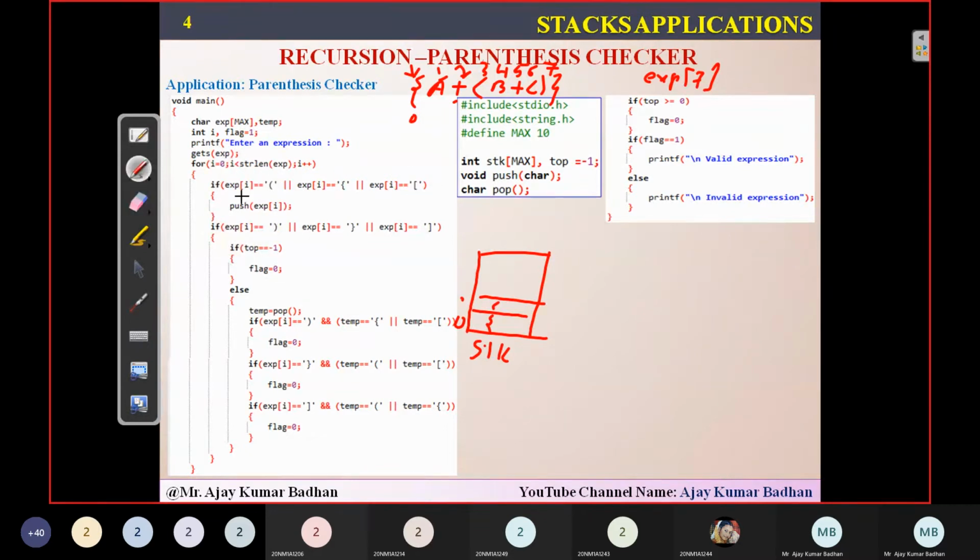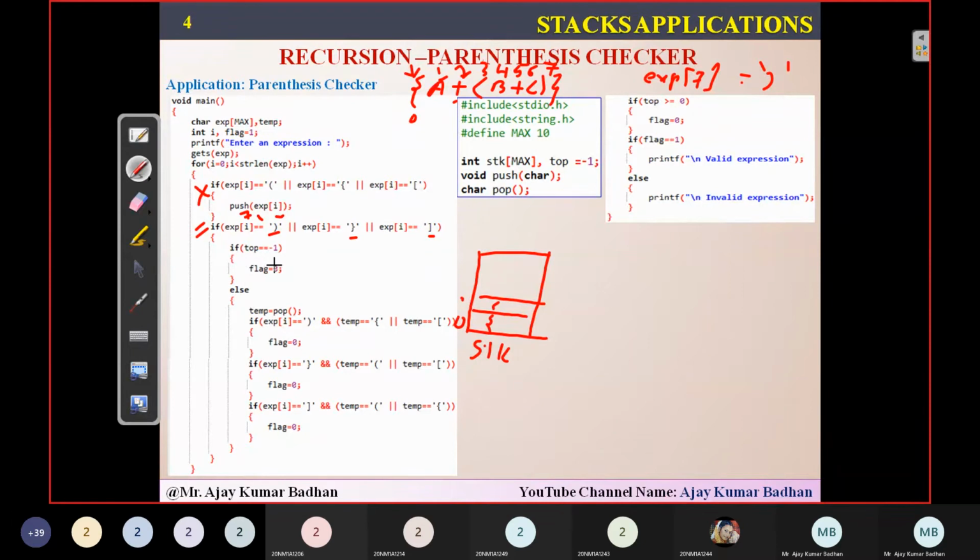This time it will check if expression of i is equal to an open bracket. But this time I got a closed bracket in expression 7. This is a string, so I'm representing that in quotation marks. So this if will not work, this one will work. If expression of i is equal to any one of the closed brackets, so expression of 7 equal to any one of these closed brackets, what is the one we got? The normal one, this is the one we got. So the condition has been satisfied. So you will enter into this particular if condition.